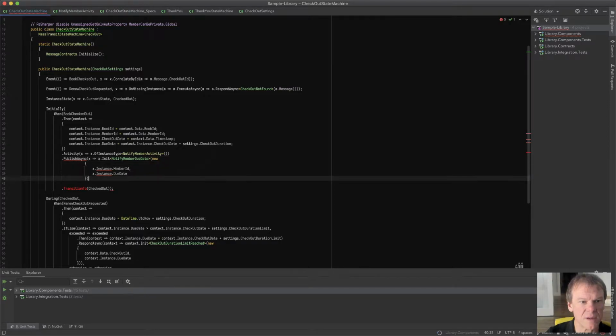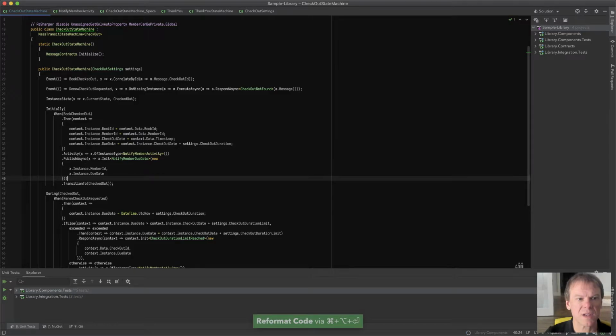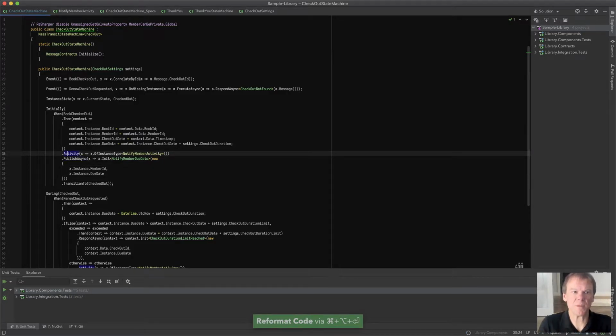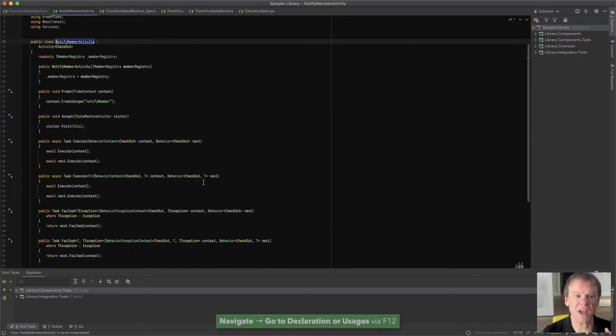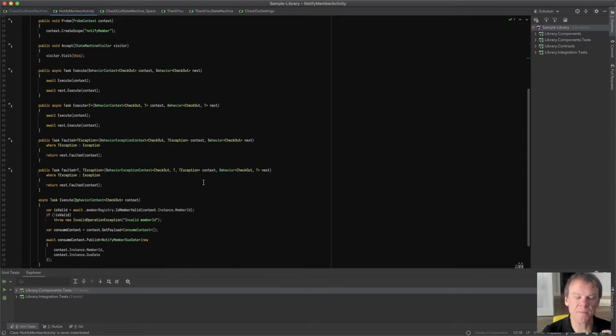Instance type init new. I probably need, yeah. So I could have just as easily put that publish async in instead of that activity, because that's all that activity is doing, is publishing that message. Now putting in the activity lets it have dependencies and things like that, and the whole point was to show how we could resolve dependencies of that activity from